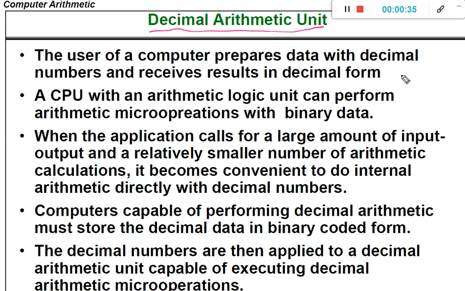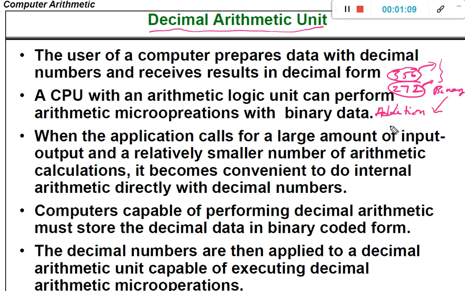For example, in the previous implementation, if you want to add two numbers, 356 and 272, how did we perform it? We converted 356 into binary and 272 into binary, and then we performed the addition operation for binary numbers.